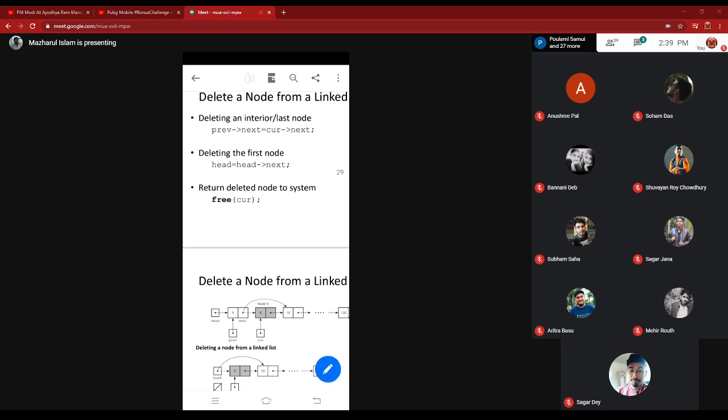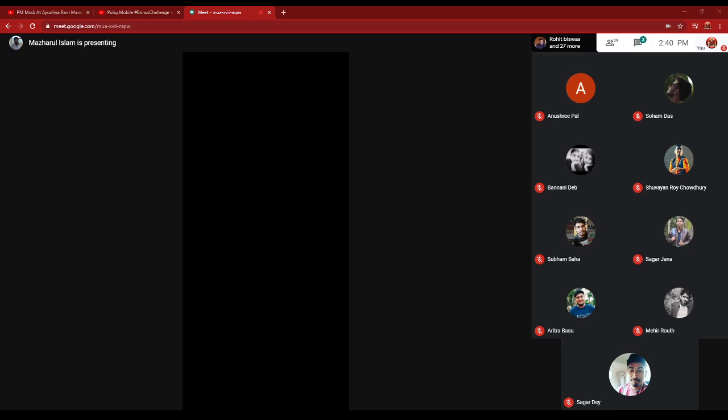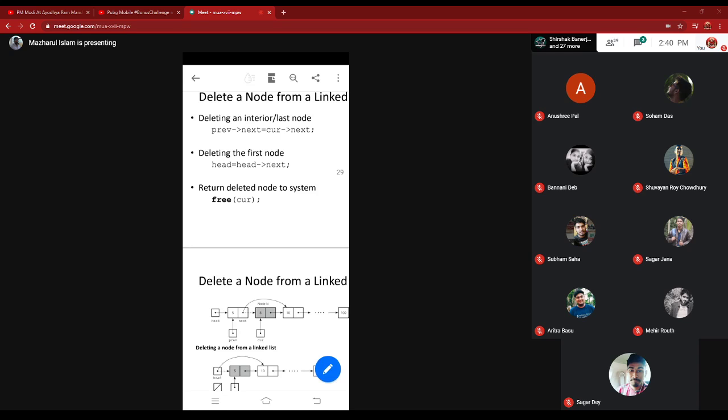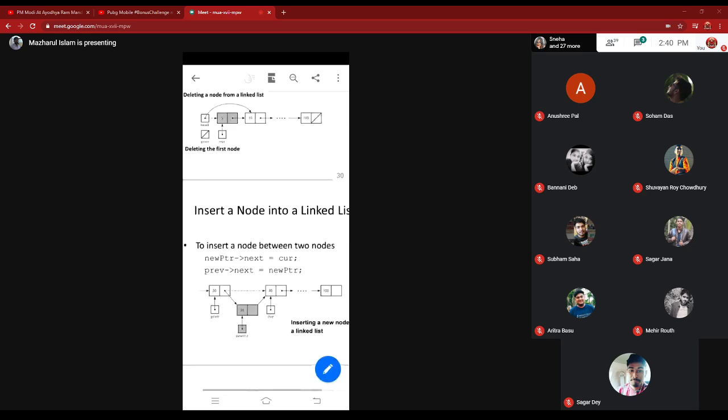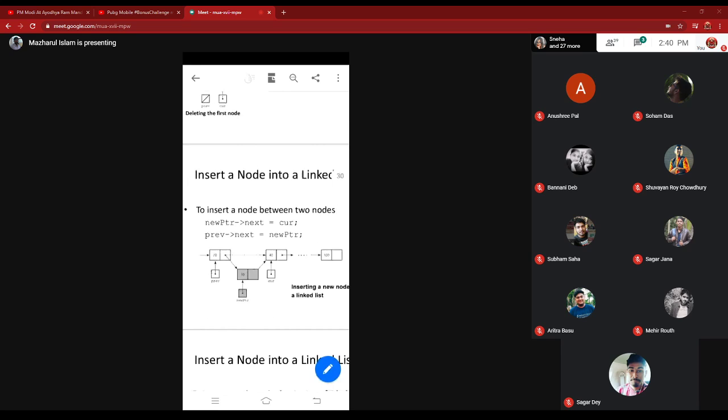So you have to carefully maintain the heap memory area. For that, unused nodes should be cleared out by free. So this is the concept of deleting an intermediate node, the first node or the last node. This logic should be included in your program code.